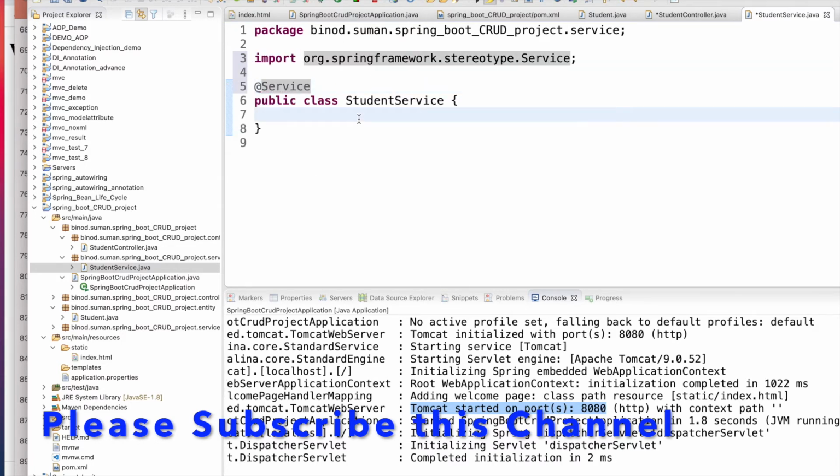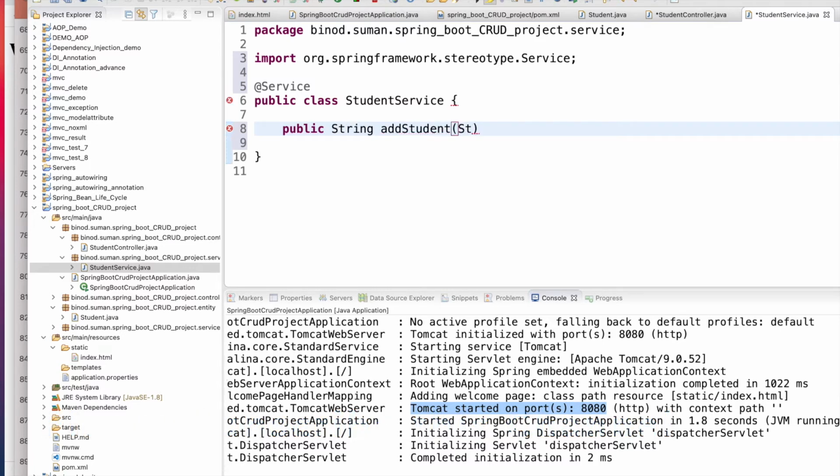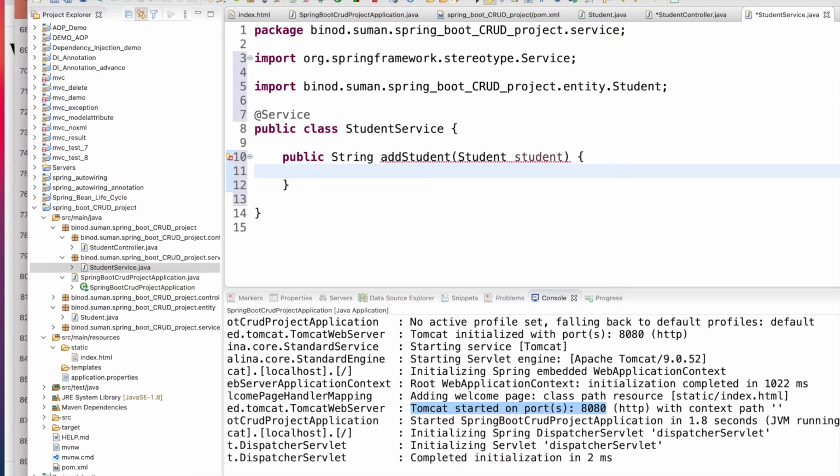And here we should have some method, right? So if I have some method, that this kind of method means public string add student, right? Same kind of method, because this is a code separation, so I cannot use the business logic in the controller, so I make the service layer.